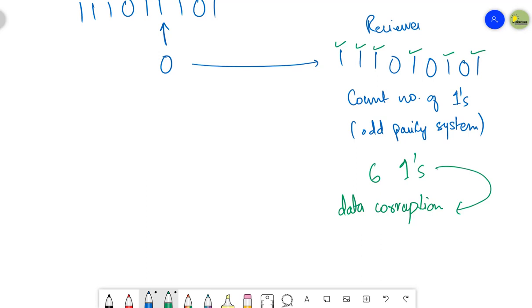So this is how the receiver is going to detect the error in the data. Now, the receiver has detected the error and has taken the decision that since the number of ones is even and I'm using the odd parity system, there must be some kind of error or some kind of change in the data that was received.